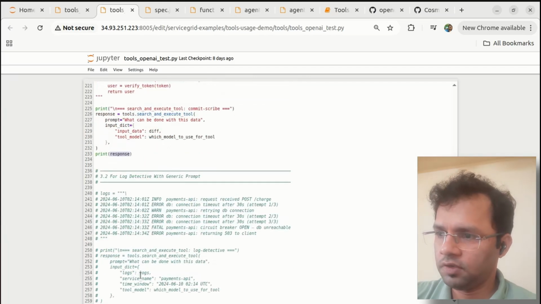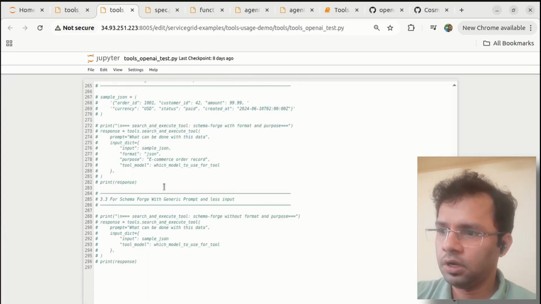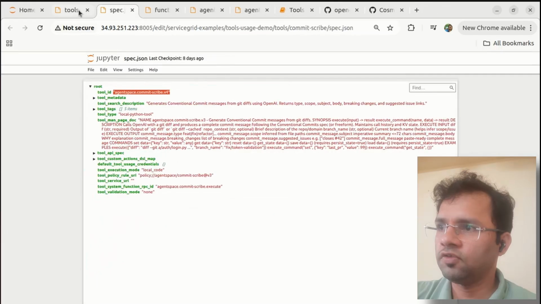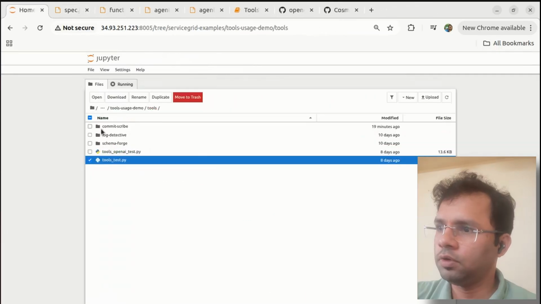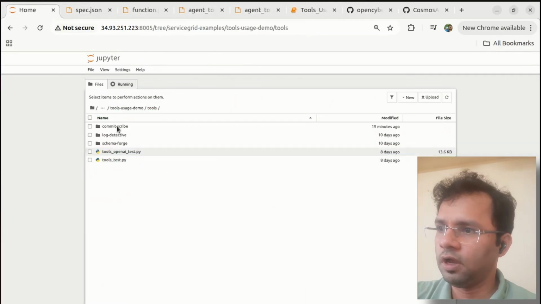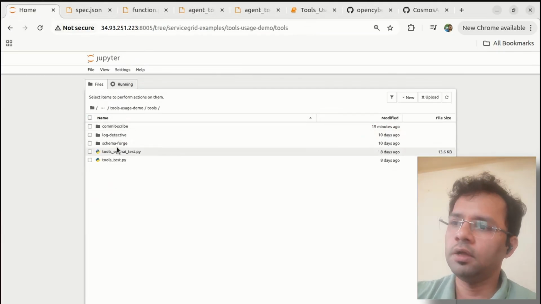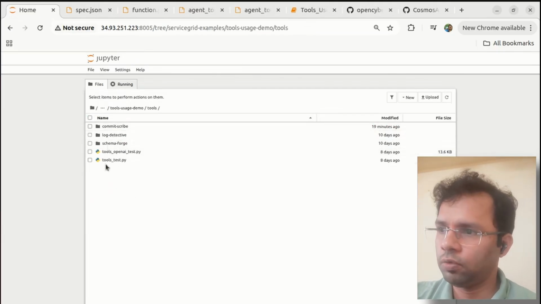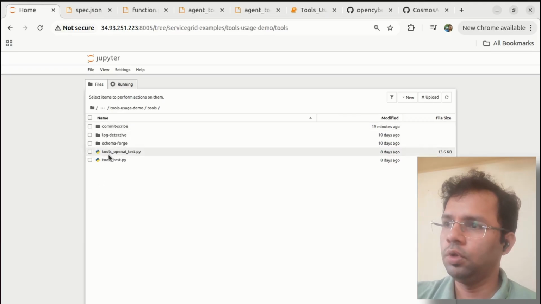Similarly, we have other examples as well. You can just uncomment and run it. So these are the two test files immediately available for your disposal. You can use this test file after registration, before adding the agent details. So right now we have just registered the tool and you have run the tool. Once this run is over, if they are working fine, then you can go ahead and use it